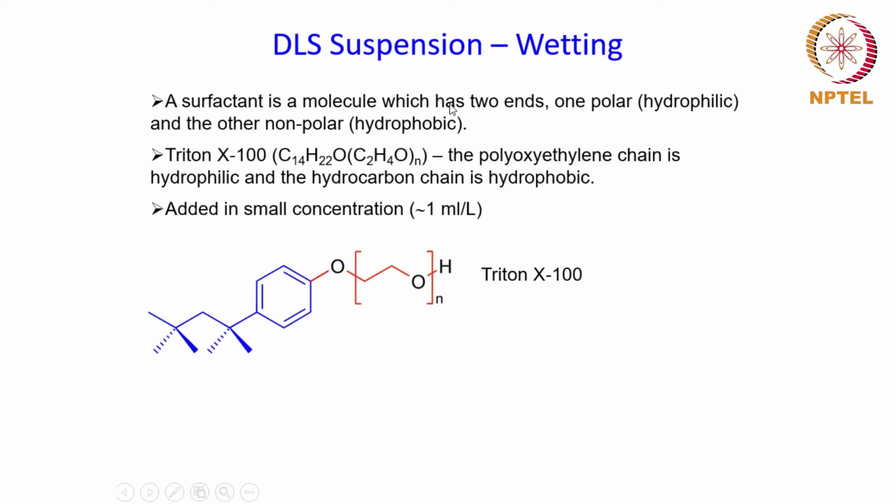Now this is very important. As I said before, the particles have to be wetted by the liquid. Otherwise, they will not be suspended and a good dispersion cannot be obtained. Okay. So in order to do that, you will have to make sure that the particle surface is conducive towards water. That means it should not be hydrophobic and expel water. Rather, it should be water loving or hydrophilic so that the water can spread over the surface and coat it uniformly and wet it, right?